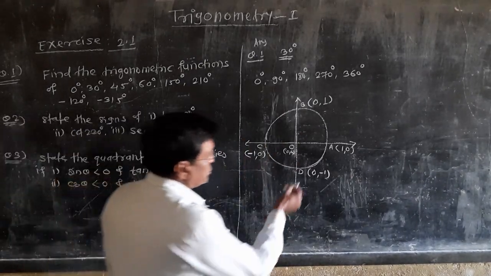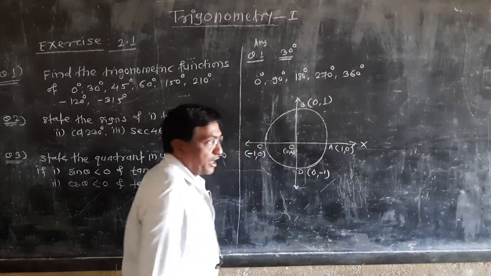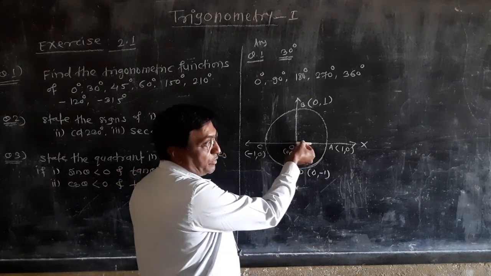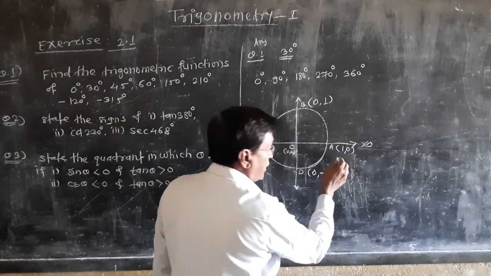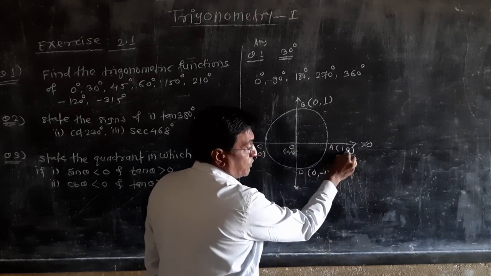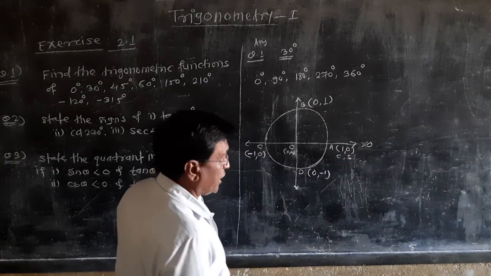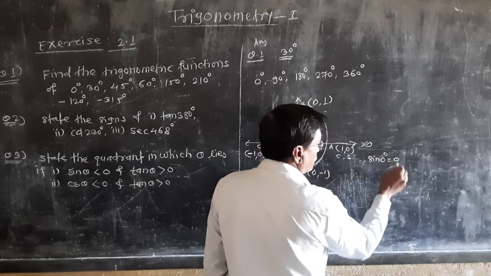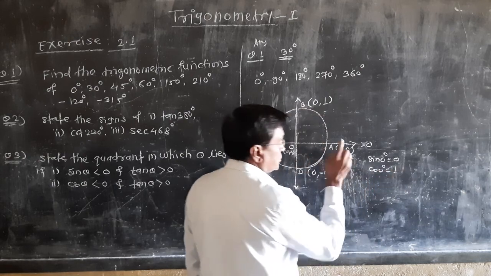Now after this, suppose this terminal arm is here and this is your initial arm OX. If OX is the initial arm and this terminal arm is along it, then the measure of the angle between them is 0, and so here the measure will be 0, and we know the definition, the x coordinate defines the cos ratio of the corresponding angle, and the y coordinate defines the sine ratio of the corresponding angle, and so here sine of 0 degree is equal to 0 and cos of 0 degree is equal to 1. This is the cos.